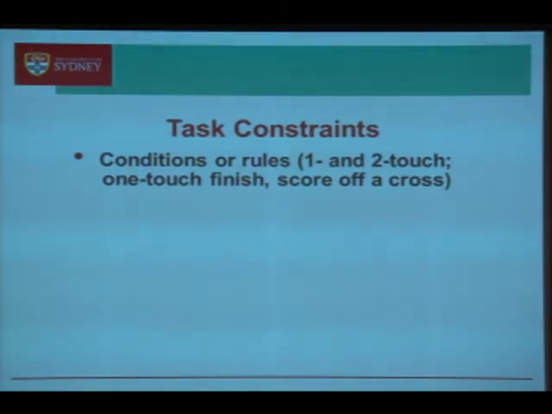Even if you take a game like football and you have two conditions, one where the teams can only score with a shot from outside the box, and another condition where teams can only score with a shot from inside the box, it actually creates two very, very different games. And the players structure themselves very differently. In the shooting from outside the box, you have to have a central striker who can hold up the ball and lay it back off to players to shoot. In the situation where you have to score from inside the box, you usually get a lot more width. But the key issue there is you change the constraints, you change the environment, and you allow players to solve the problem. So you're creating adaptive expertise and more effective decision makers.